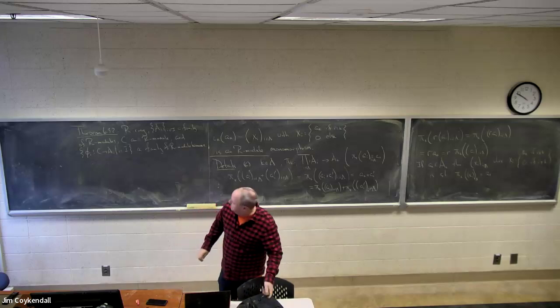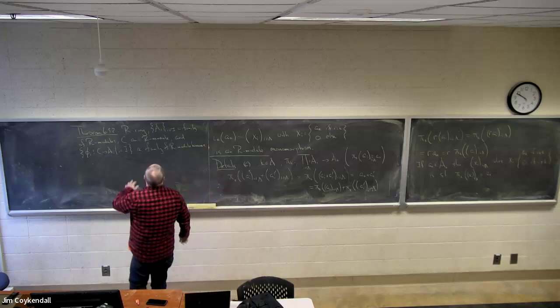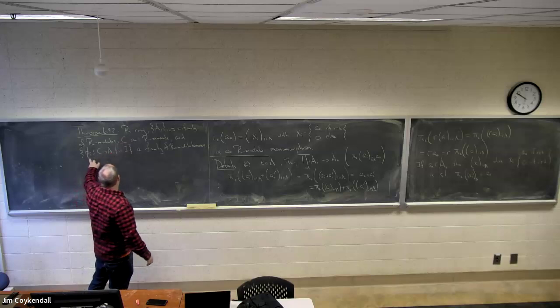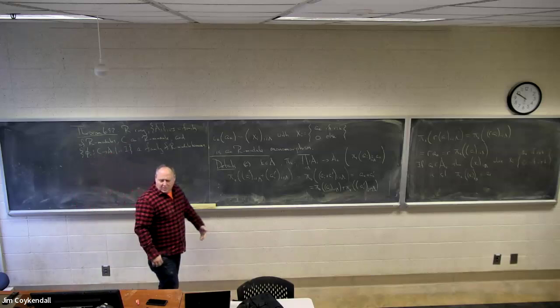Okay, so that's my setup. I have a ring. These are R modules. And C is an R module, and these PIs are all R module homomorphisms